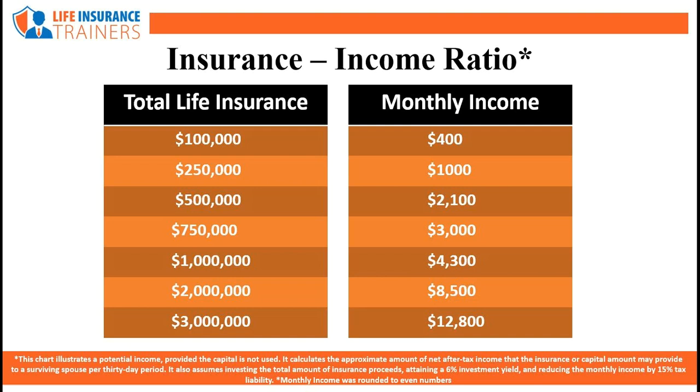You follow me? Now, the government's going to get some money, so if you invest $1 million with me and I give you 6%, we have to pay the government something, right? We've got to make this realistic, so let's reduce it by at least 15% for taxes. So basically, what this shows you is if you invest $1 million with me, I can provide you with a check every month for $4,300. That doesn't seem like a lot of money as an income provider, right?